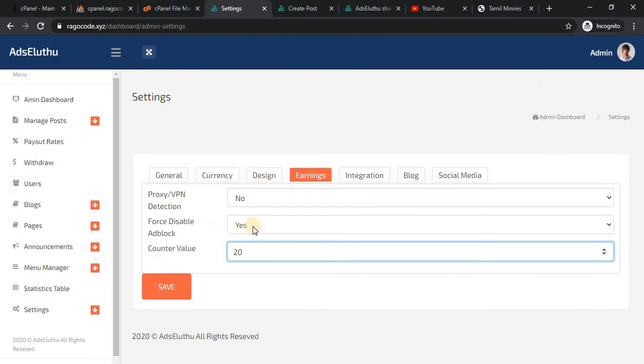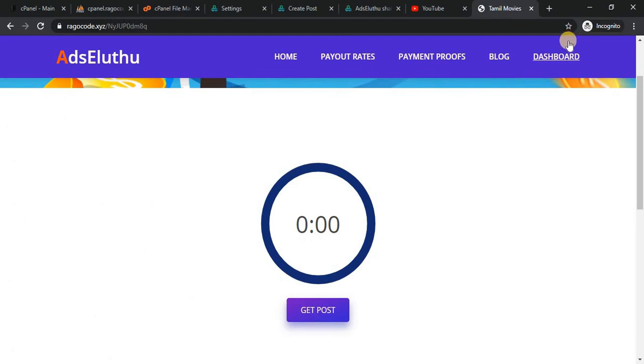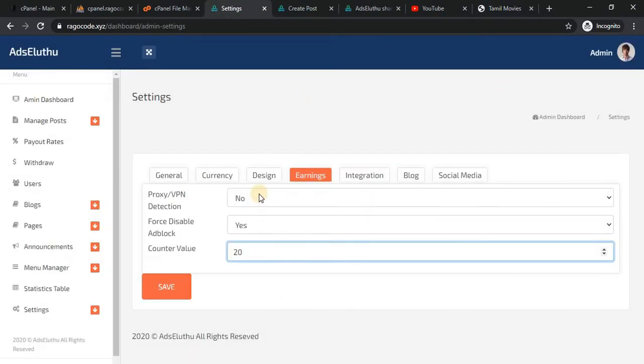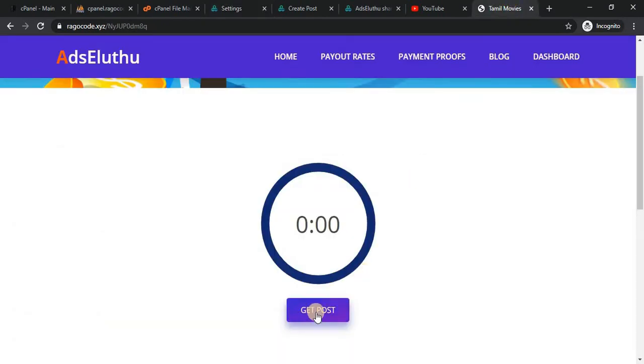And this is the force ad block. If I enable the ad blocker, the content is not displayed, and the ad block pop-up alert will be displayed. And then I click get post.